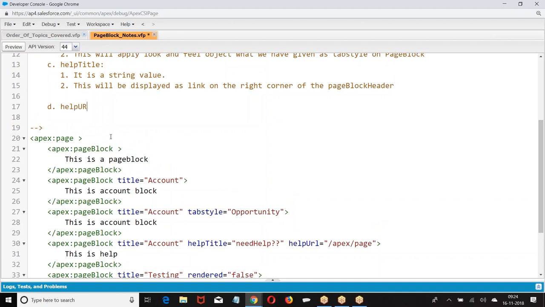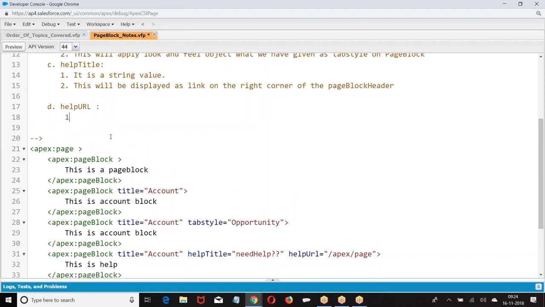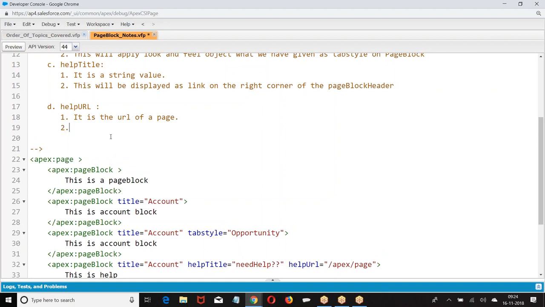Help URL. What is the help URL? It is the URL of the page. When you click on the help title, this page will be opened.